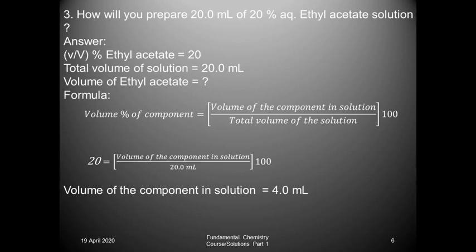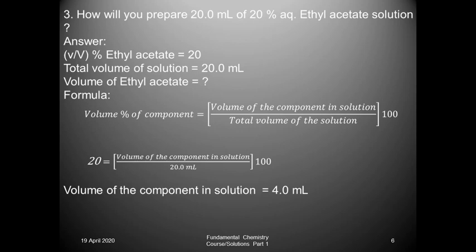You want to prepare 20 ml of a solution in which only 20% ethyl acetate should be there, and the remaining 80% should be water. This also you can do logically. Okay, but we will follow the procedure. Total volume of solution equals 20 ml, that is given in the problem, and you are supposed to find out the volume of ethyl acetate. Formula: